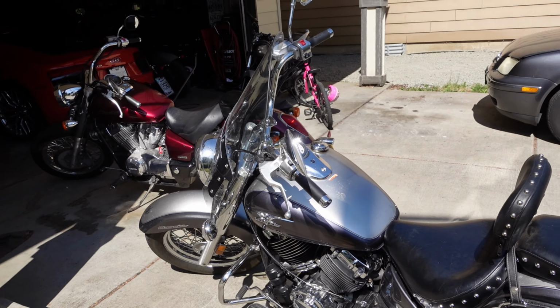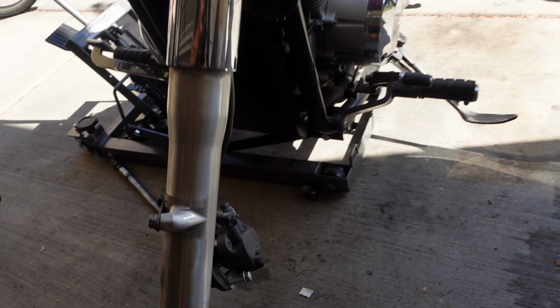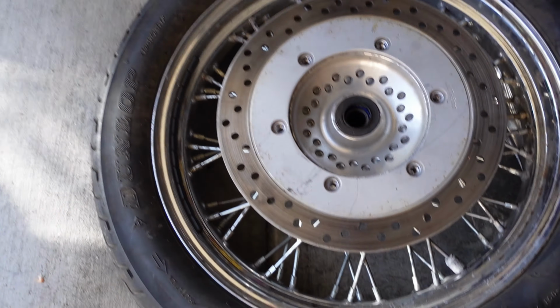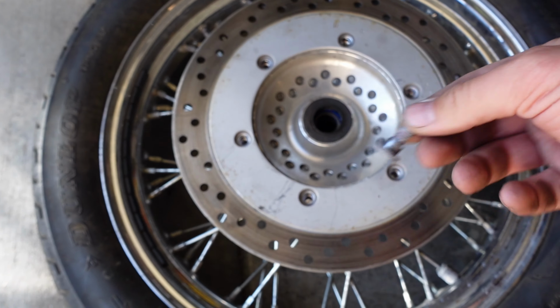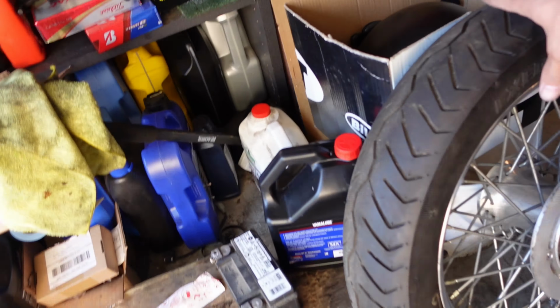And I got that part out, and video is coming for the Harley. Not a very difficult process. Remove the brake caliper, 2 bolts, and then the final bolt. These were a little bit tough, harder than I thought they would be, but once you do that, it just lifts up. So prepping this new wheel